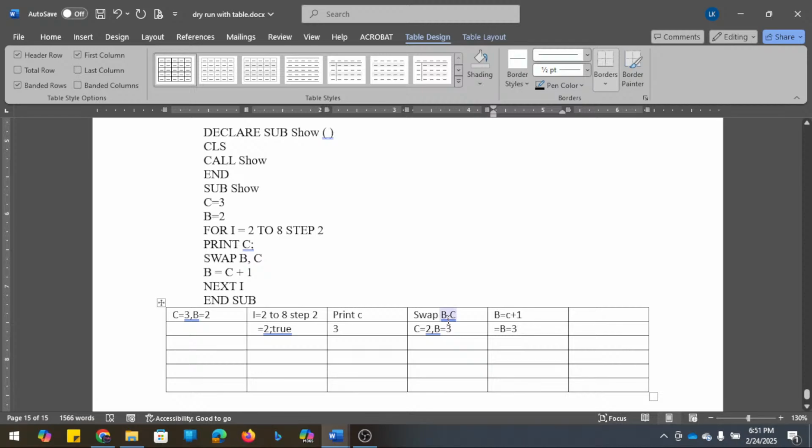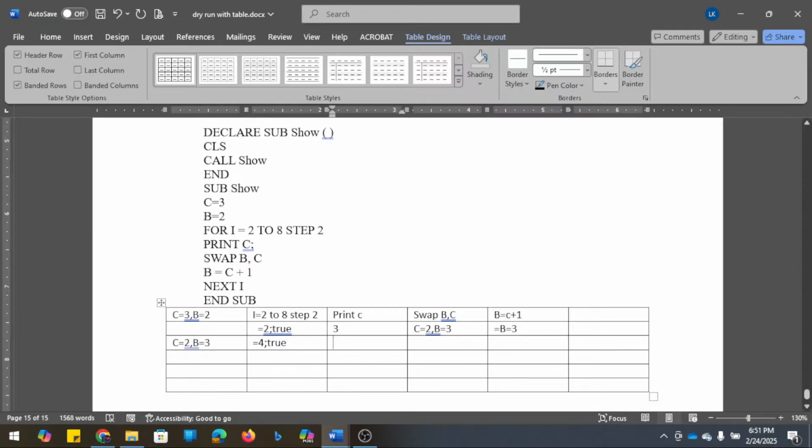Now in the second iteration, what happens here? C becomes 2 and B becomes 3. Now after 2, let's say it becomes 4, again true.